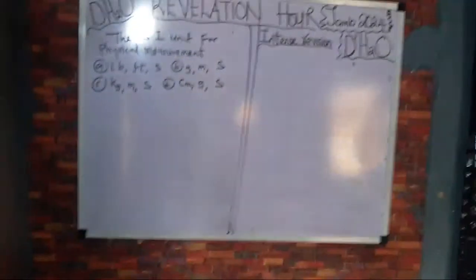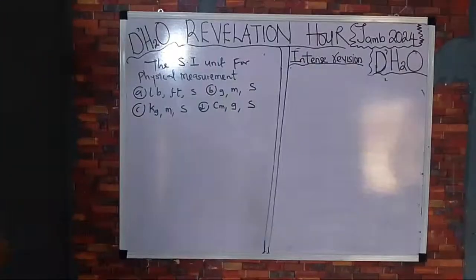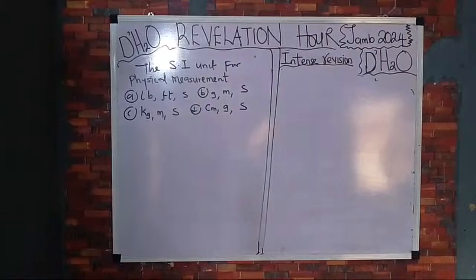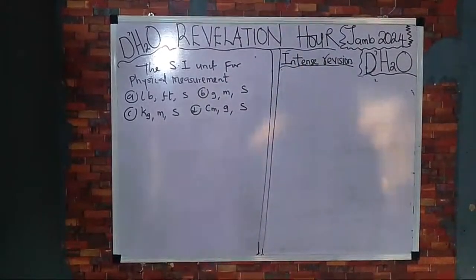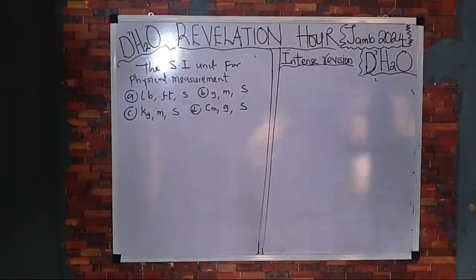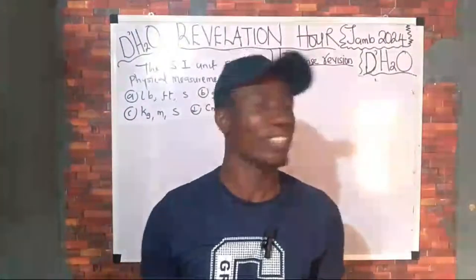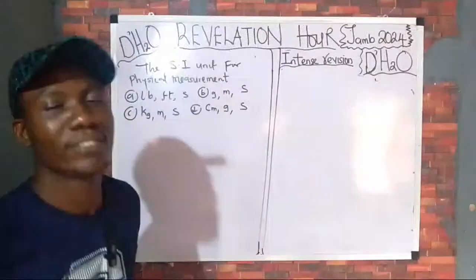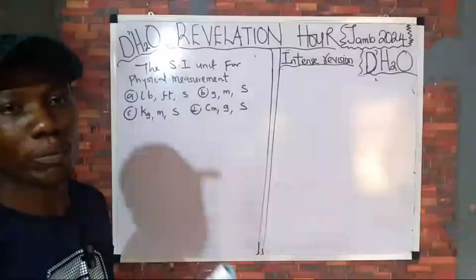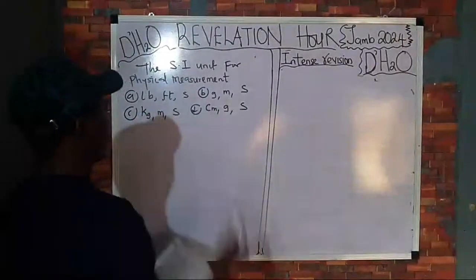That's 2, 4, 5. Okay. Very sorry, we are having some system glitch, but don't worry, your jam must go down. You must key the jam. Now, from where we stopped, remember we said the SI unit for physical